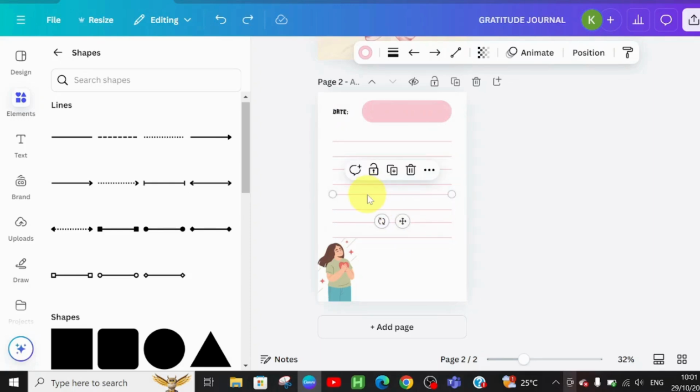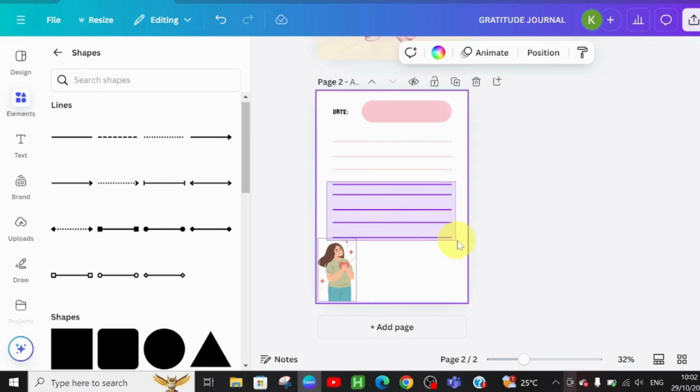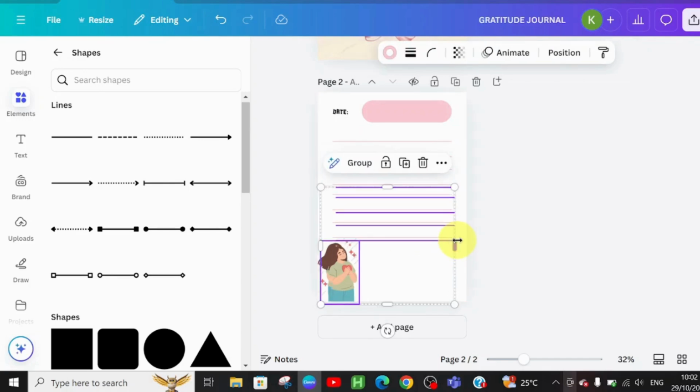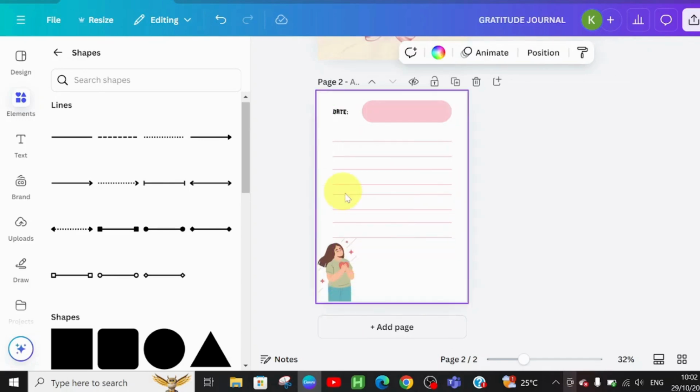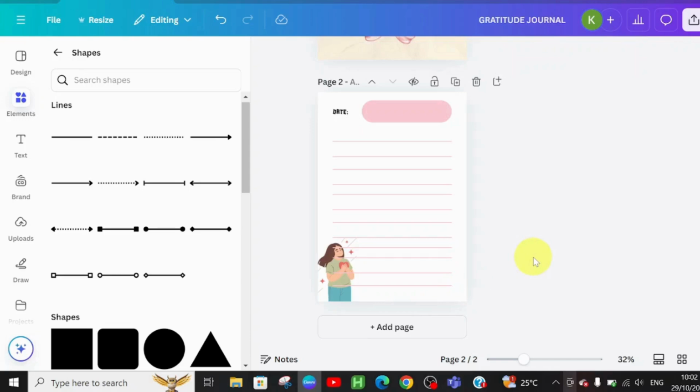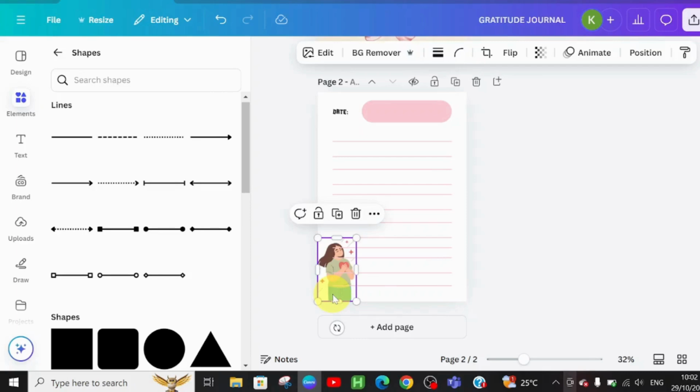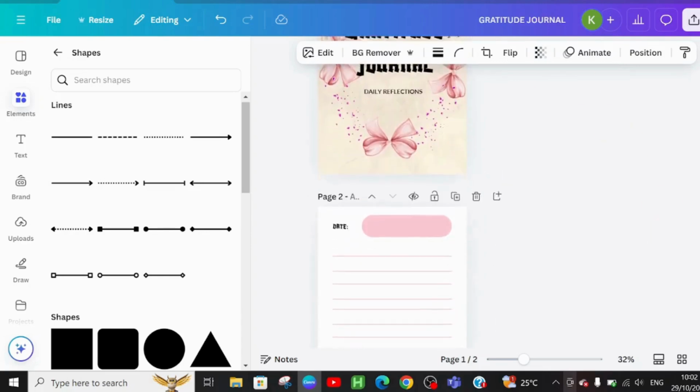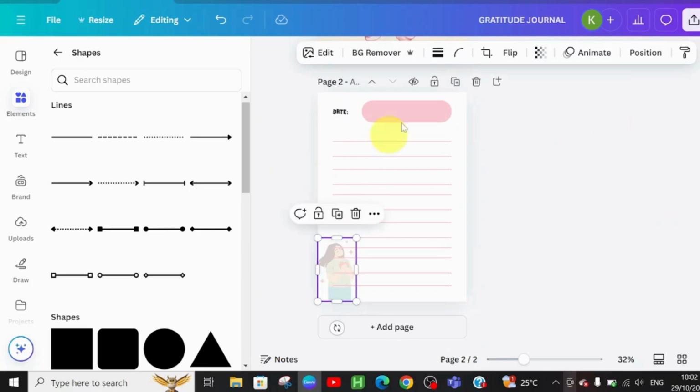We are going to do the same thing. Just keep duplicating the lines till you have the whole page filled. So once you are done, come to this picture, this graphics, and reduce the transparency to 27 thereabout. So here we have the first and second page being completed, and the next thing is we